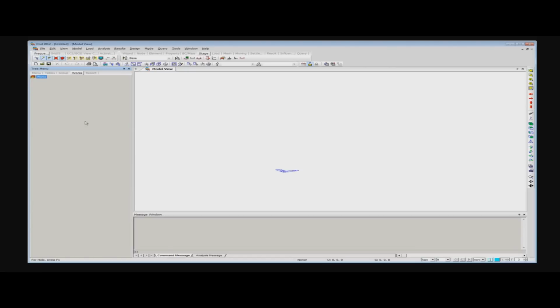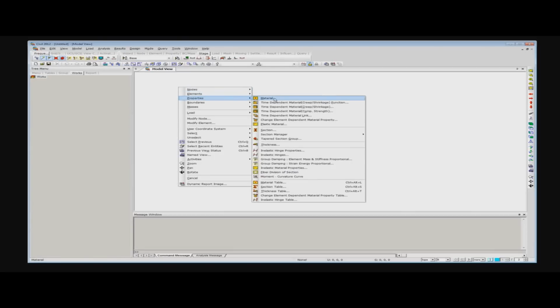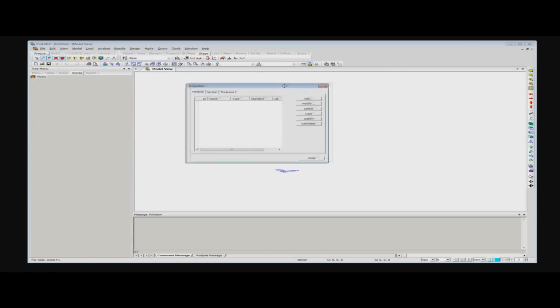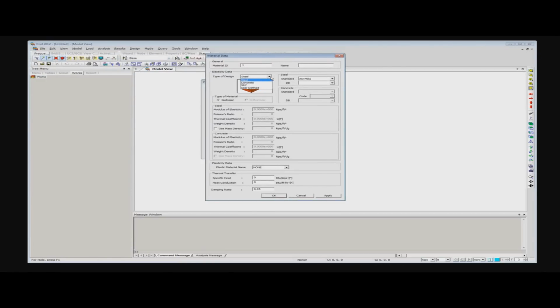Okay, so the first step is going to be defining the material. I'm going to have 3 types of concrete material and 1 steel for those tendons. It's very easy, just right click on the model view and go to the properties and material. In the material you can just press add, and the software gives you an option to select steel, concrete or user defined. For now I'm going with concrete and name it concrete